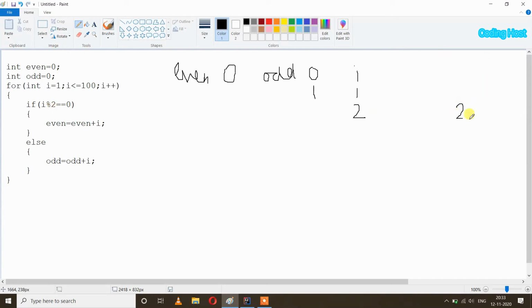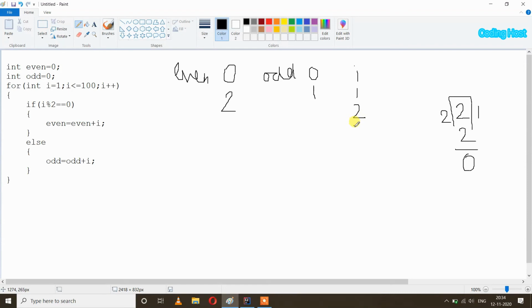So when we divide i, which is 2, with 2, the remainder is 0, so our condition is true and it will execute even equal to even plus i. Even is 0 and i is 2, so 0 plus 2 is 2, and we will store it back in the even variable. So now this even variable has 2 inside it.